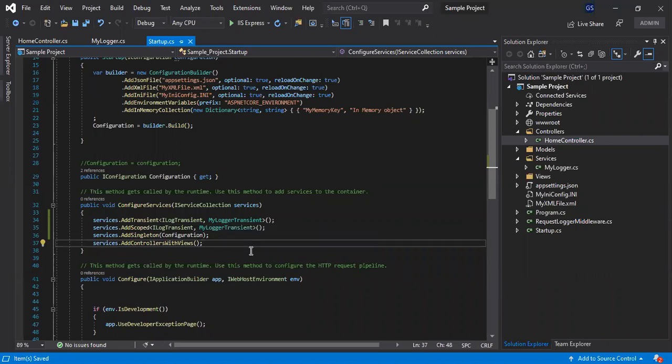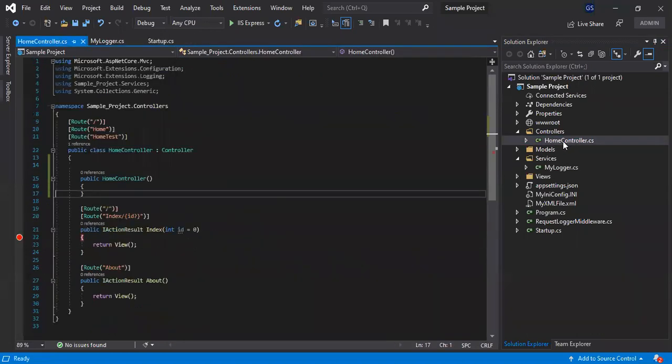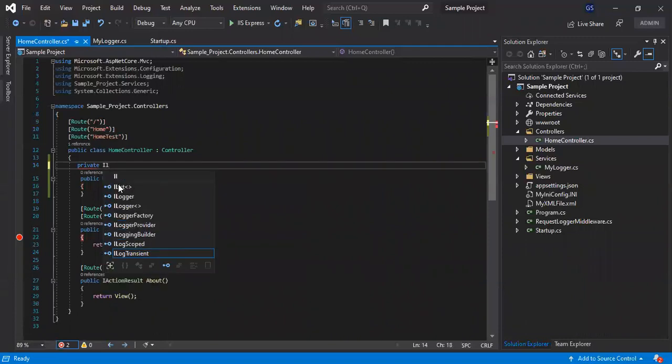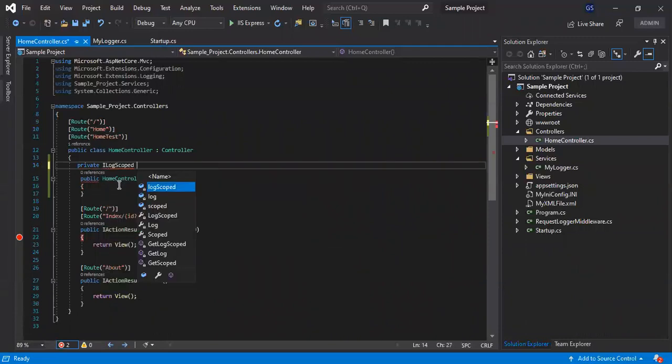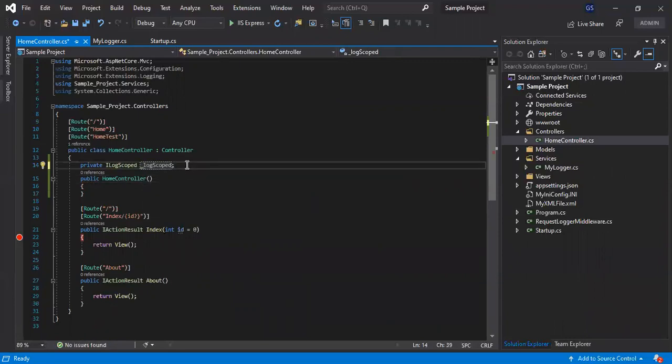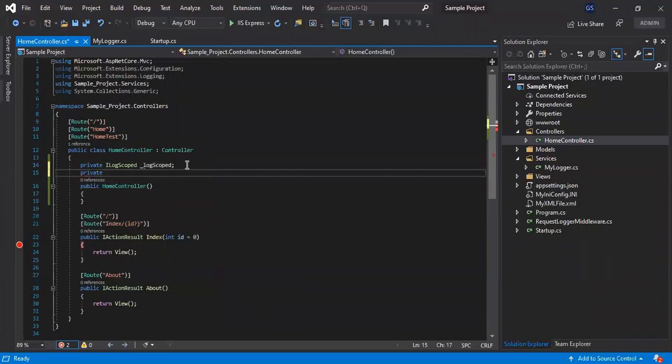The first way to inject the services is to receive them at the constructor level. So let's go to the home controller, and in the home controller constructor we will receive or inject the dependency. Let's declare a private ILogScope, call it ILog, and in a similar way we'll get ILogTransient, and call it logTransient.